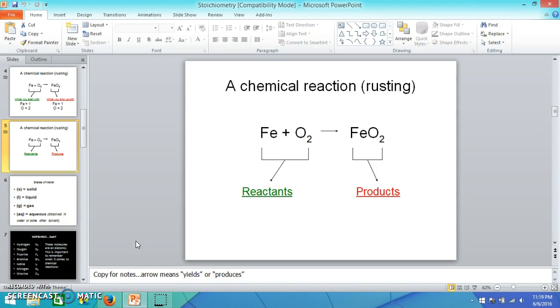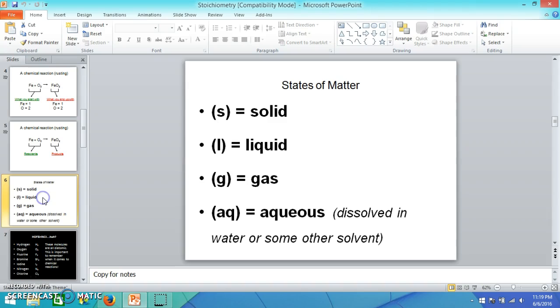The other thing on the list was states of matter, and you'll kind of see that below. So again, if we're changing from one state to another state, that's a physical change. But in a chemical equation, a lot of times you'll see these symbols. About half the time, I'd say. Sometimes you won't see them at all, but sometimes you'll see them, because it would be nice to know sometimes,